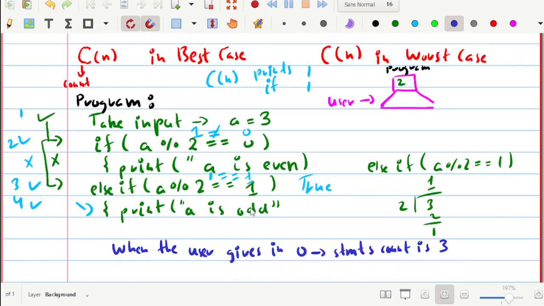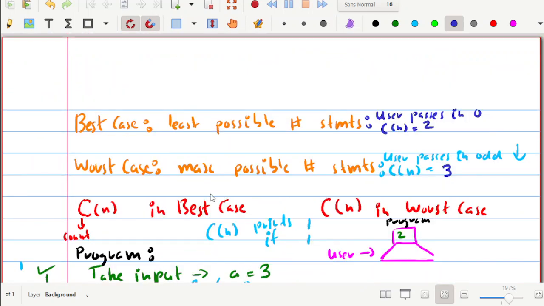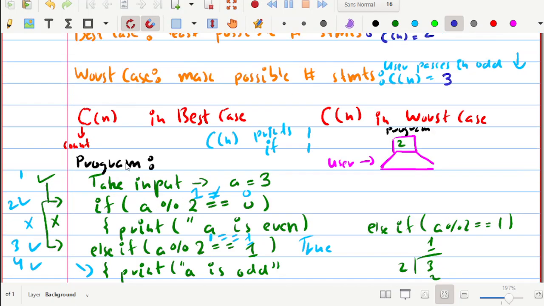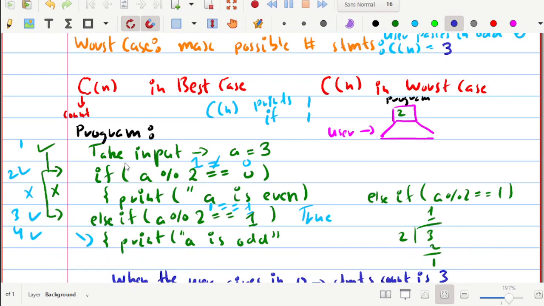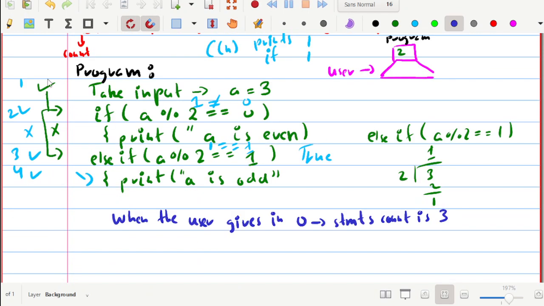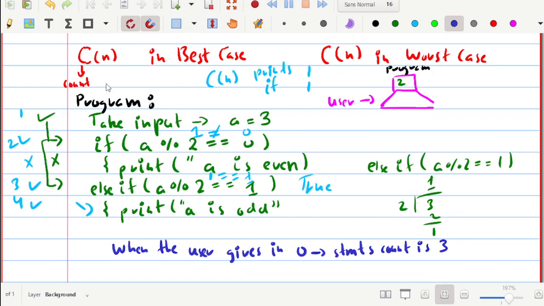So that is another example I have shown you for the best case and the worst case, and I hope you know now how to deal with an example that asks you about the best case and the worst case. So again, remember, best case is the one where the program is helped to run the least possible number of statements, and it is you who have to come up with some scenario, and you just think about this program over here, you see this program, and when you have to find the best case,